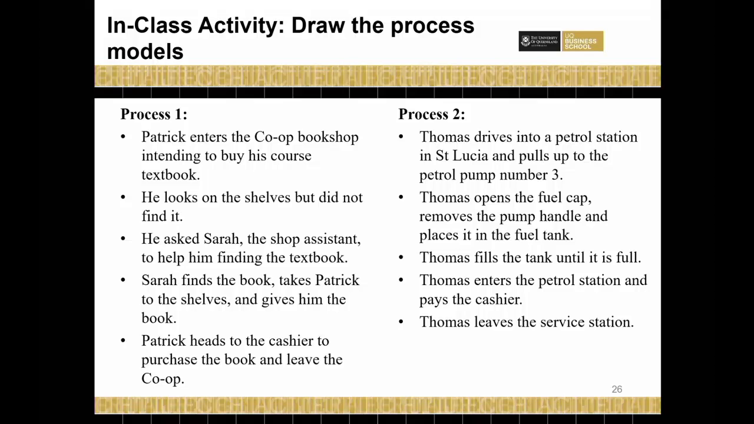Okay, you want a few more minutes? Are you at business process 2? Okay, then let me know when you're finished. You're finished. Then what are we